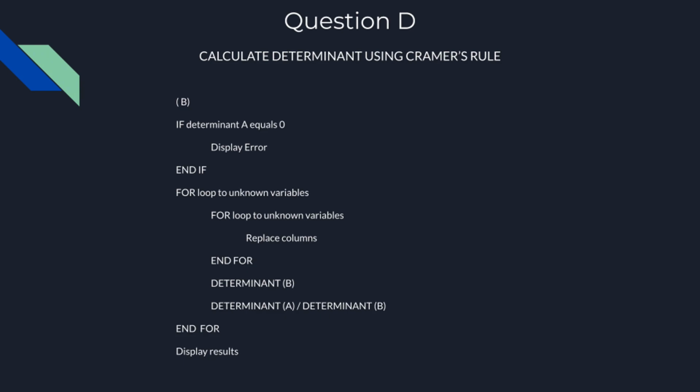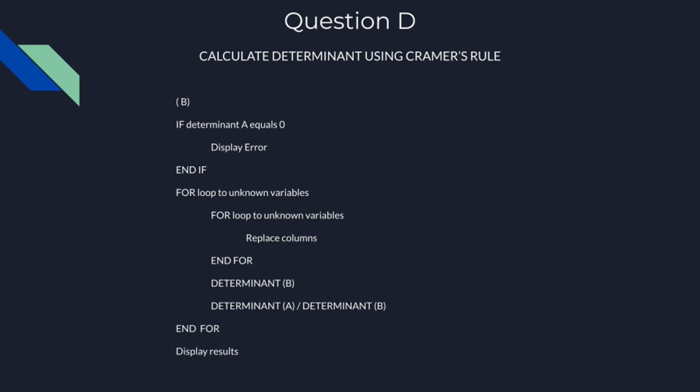So what Cramer's rule would do is basically replace, right? So how we do this is we create a for loop, right? In this for loop, we're going to create a whole new matrix, and then that new matrix, after we have it, we're going to set it equal to the constants. So the constants will be the right hand side of the equation, right? So once we set that up and we have the new matrix replaced with the constants,